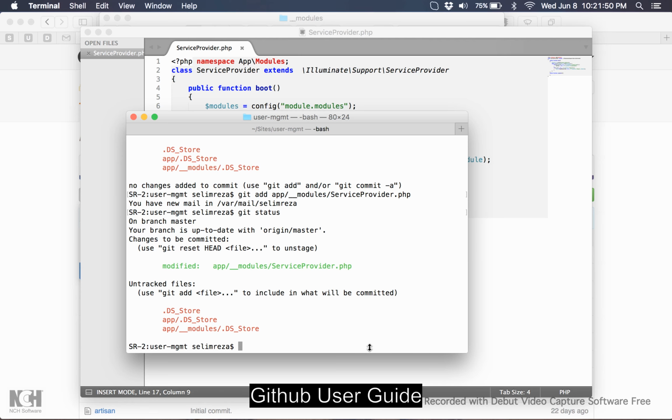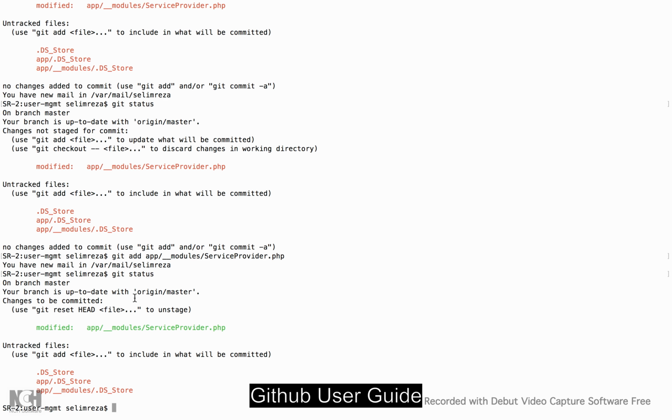So its color is green now, from red to green. That means git has already added this file. This file is added into git. Okay, now